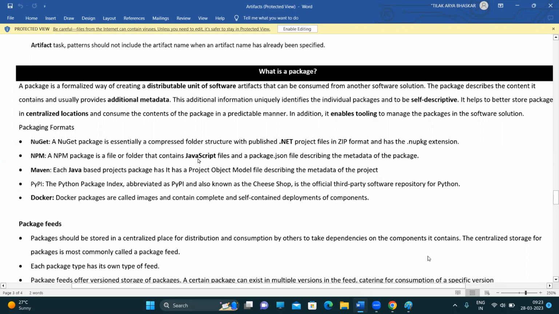Java has Maven. JavaScript has NPM. Python has Python packages. .NET has NuGet. These are the different package types we have. So we will use one of these and create our